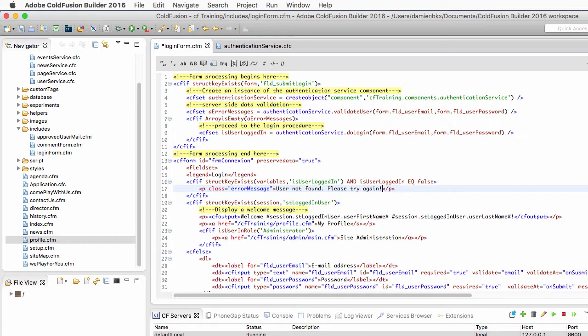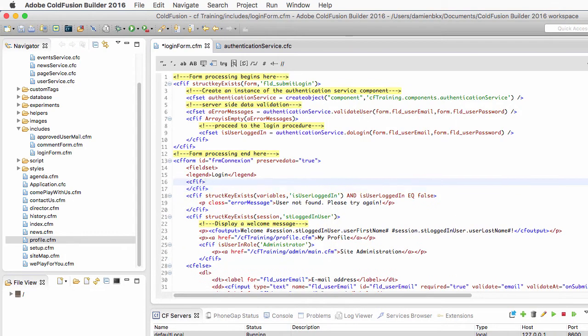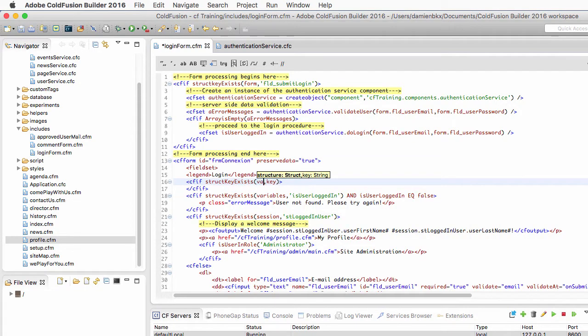In that situation, the A error messages array exists and it is not empty. So let's add here another CFIF, and I will check using again struct key exists. I will check in the variables scope if this A error messages array exists, and also